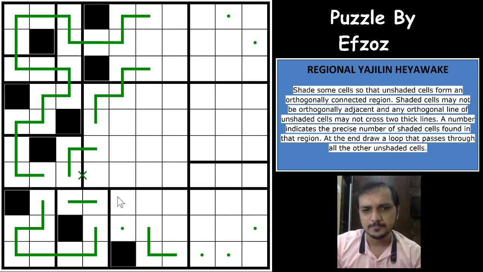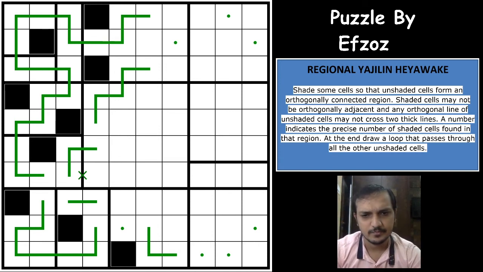And okay, this also wouldn't be a shaded cell, because then this will go down and you'll have a white cell stranded here. So this is an unshaded cell again here. This seems to be a smooth puzzle, I would say. And now I can say that one of these two cells would have to be a shaded cell, right? Both of these cannot be unshaded, but is that helping us?